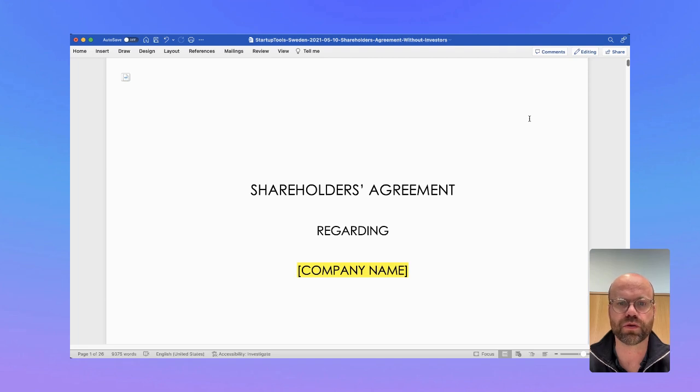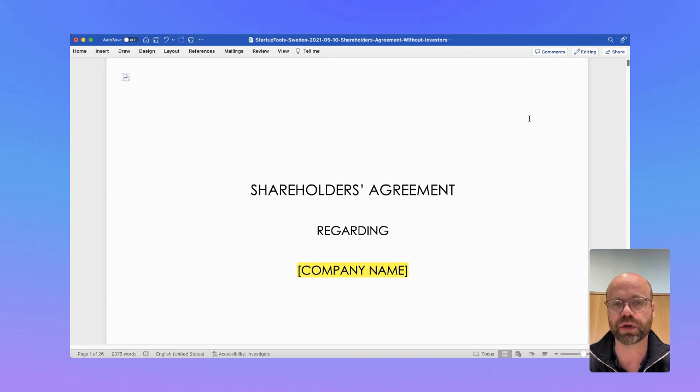Let's go through a shareholders agreement. And first of all, a disclaimer: I'm not a lawyer, so this is not professional legal advice. So bear with me. And first of all, a shareholders agreement is a document that regulates the relationship between the